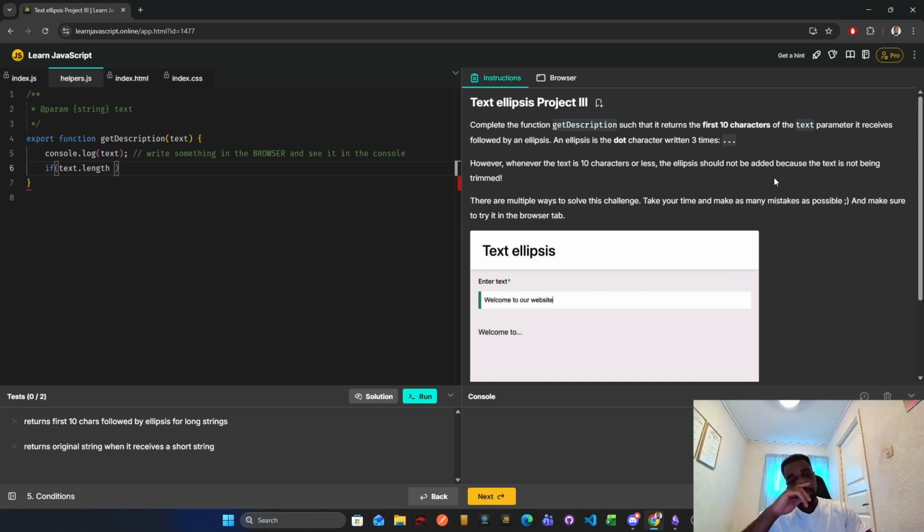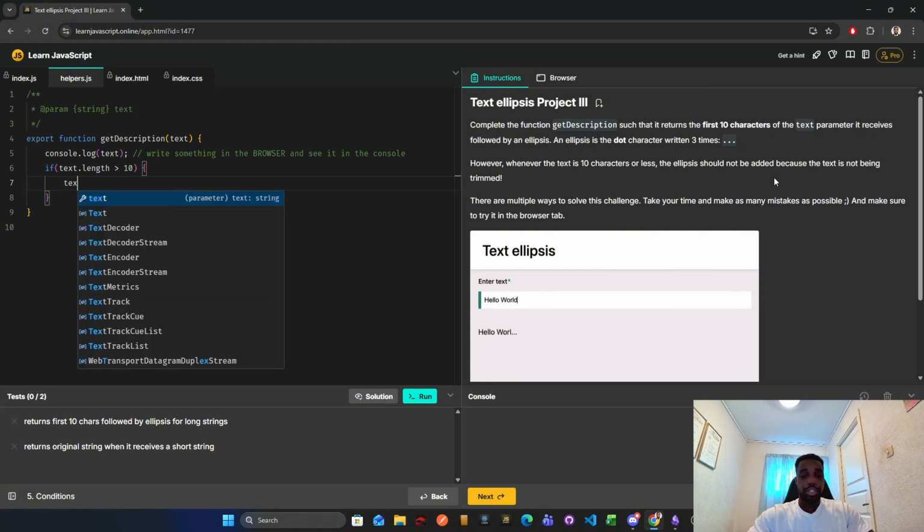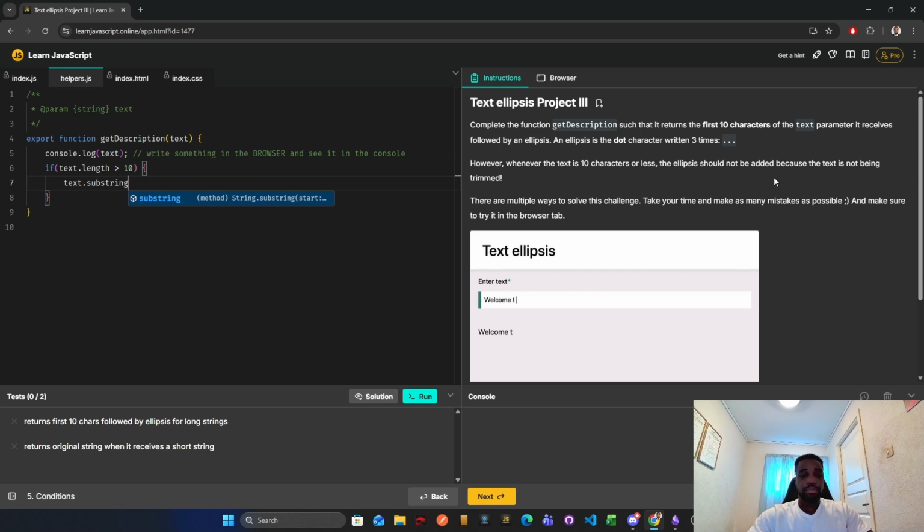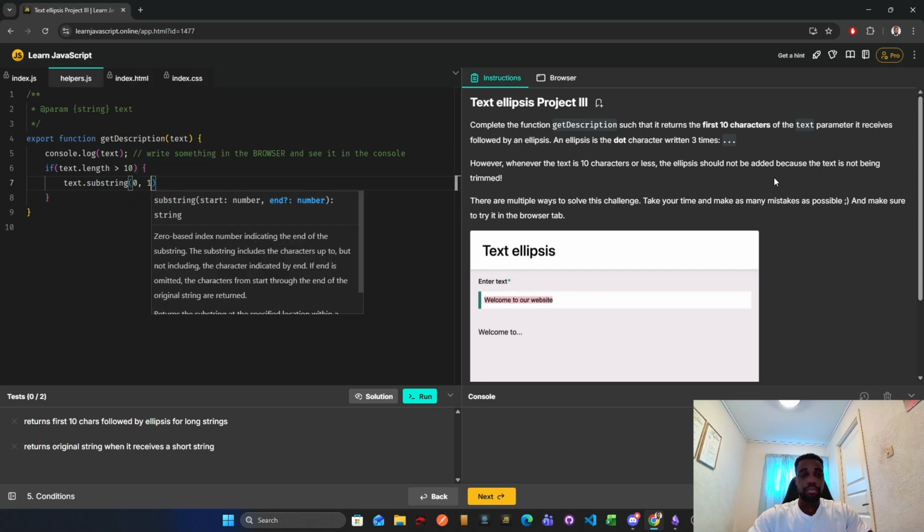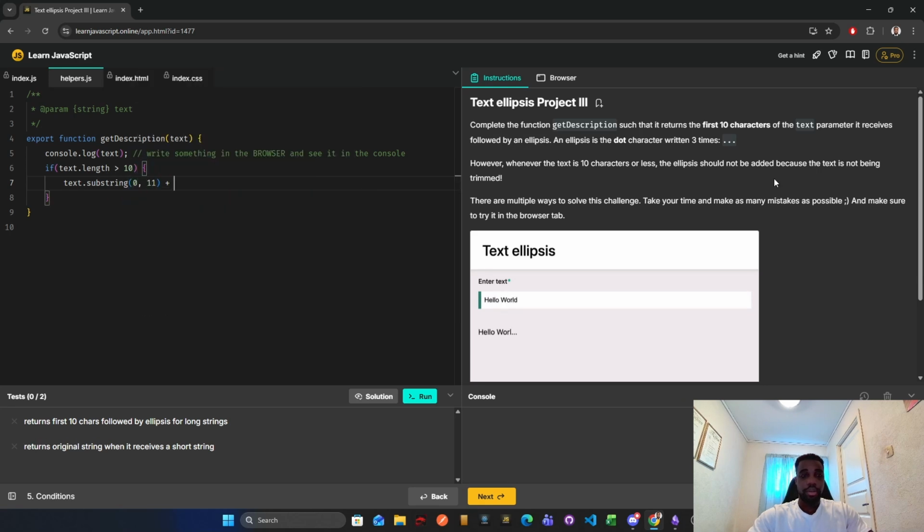So we need to say if it is greater than 10, we want to add the ellipsis, right? So what we're gonna do is text substring 11 plus